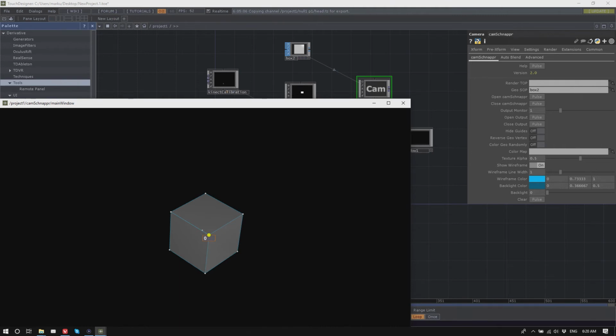And now I would be aligning point 0 from my virtual box model with the same point on my real world box there. So this would be here, for example. And I select another point, and I can align this over here now.